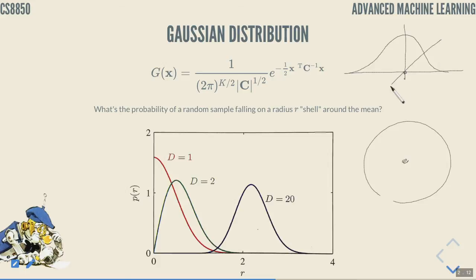But if you go into two dimensions, and recall the definition of probability, that probability mass is an integral of your probability density function, so if you integrate two-dimensional probability in this outer shell